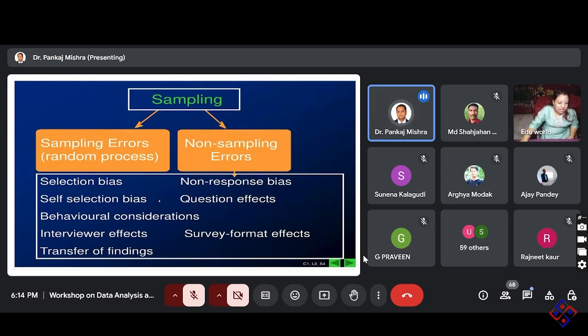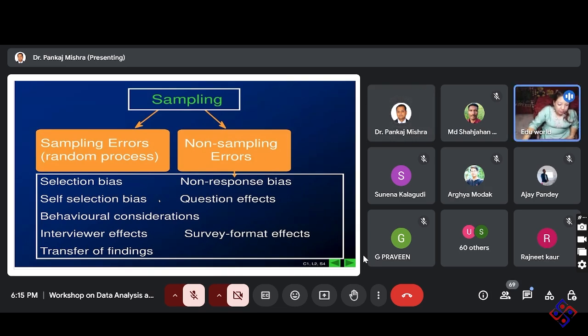Okay. These are the reasons for which you can get a sampling error. As I have told, bias: if you have a biased attitude, for that also you can get a sample error. Self selection: if you have not selected the right method, for that also you can get a sample bias. Next, behavioral consideration, like incidents that have already taken place and you have seen the evidence, or the scene that actually took place. In that case also, behavioral consideration is one of the factors.